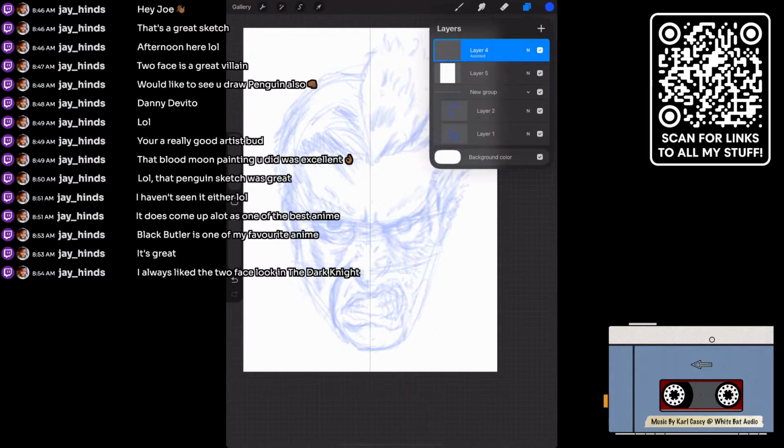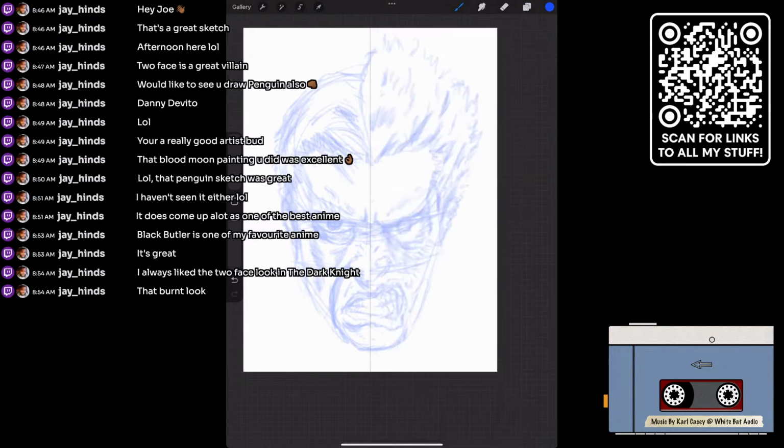Well, I will admit, I am not a fan of the Two-Face look in Dark Knight. Because there's two problems with Dark Knight. One is I think they screwed the character over. I don't think you get nearly enough time with that character as Two-Face. They just turn him into Two-Face, and you know what? 20 minutes later, he's dead, and that's it.